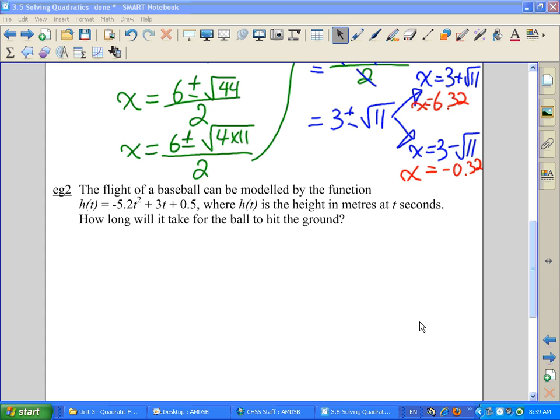Class, we seem to have experienced some technical difficulties, so we're going to do this as part 2 of this lesson, simply because there was an error. I have no idea what happened, but anyway, we're going to just restart at example 2 here from the lesson